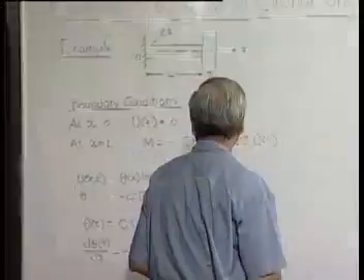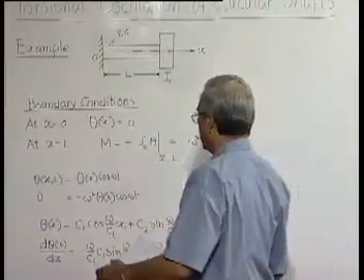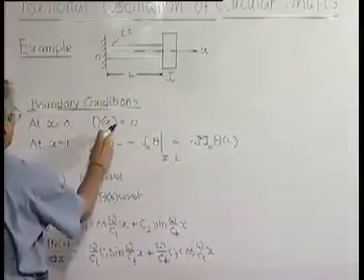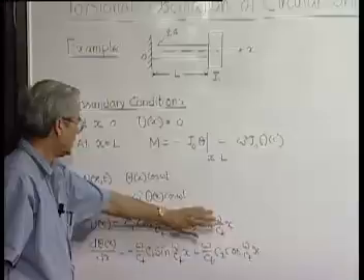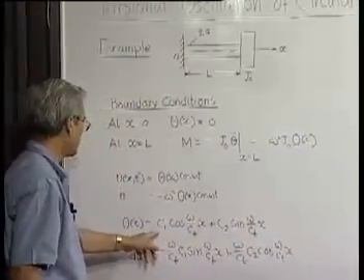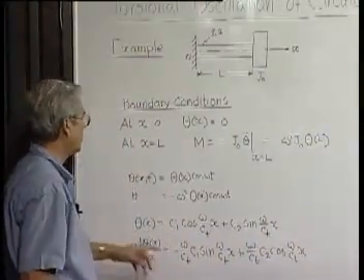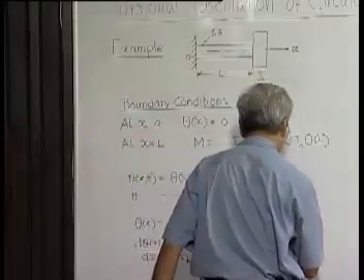Now, if we use the boundary conditions, say theta x equal to 0 at x equal to 0, if we put x equal to 0, this term is 0, here it is only C1. So, this is 0. That means this will give us